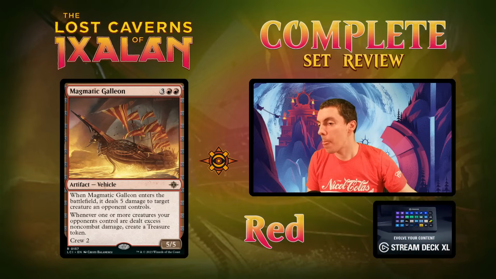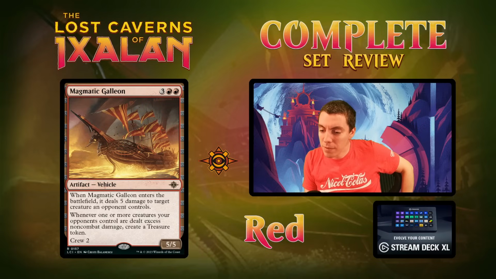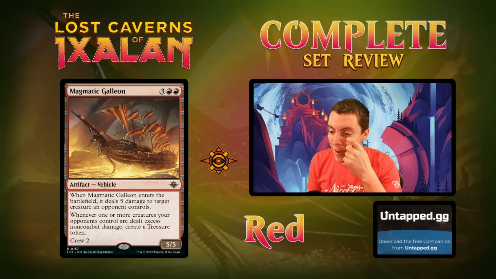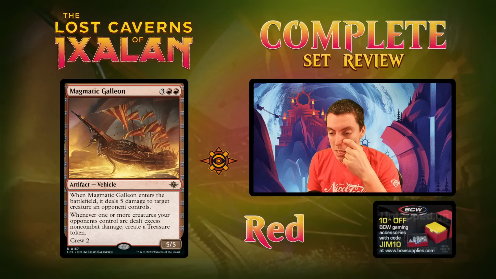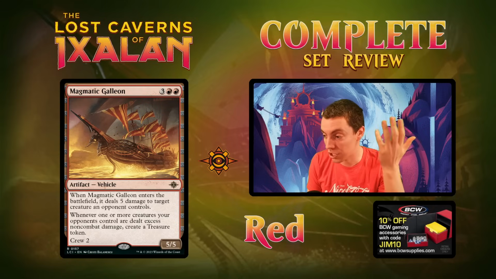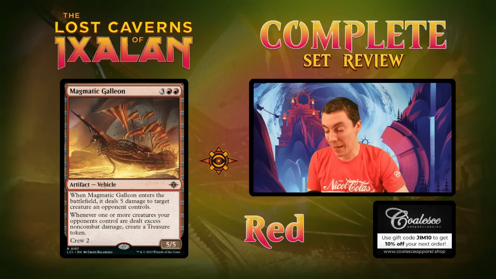Why is this card a rare? Am I missing anything? Yeah, this feels like an uncommon to me. I don't know. It's fine. It's a good draft card, obviously, but 5 mana to deal 5 damage to a creature an opponent controls. Like, I guess. Yeah, it's okay. I mean, sure, whatever. Great draft card. Constructed, maybe, but